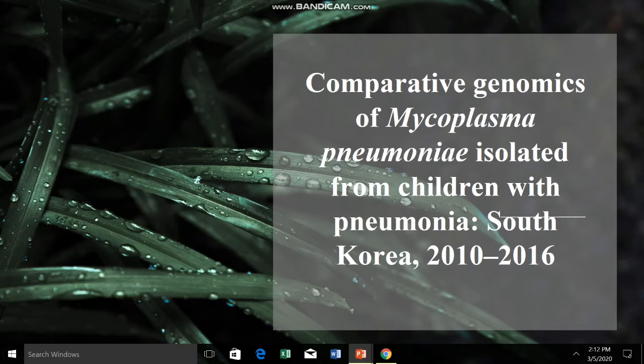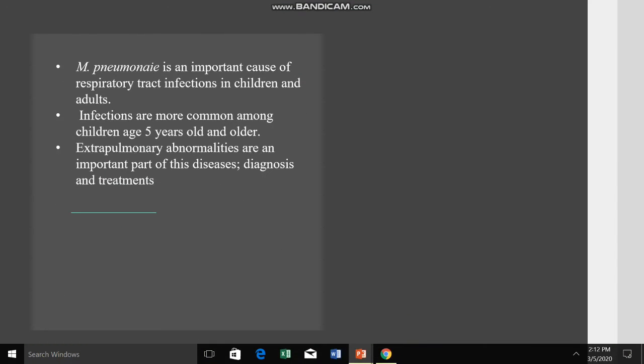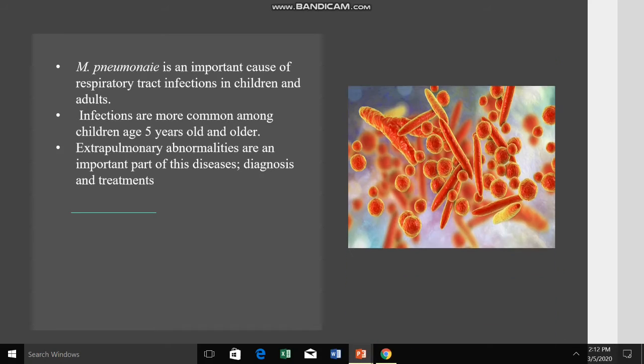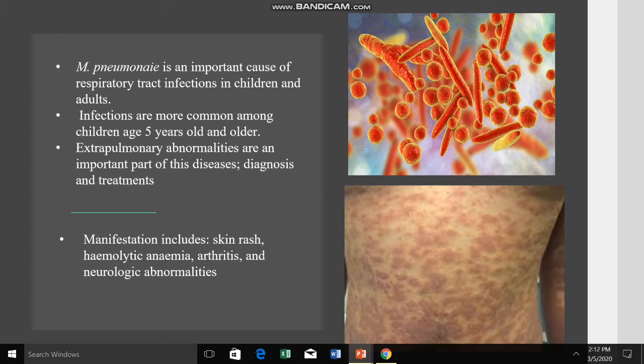My name is Ismail Zulaika, and today I'm going to talk about comparative genomics of Mycoplasma pneumoniae isolated from children with pneumonia. So, for the introduction, pneumonia is an important cause of respiratory tract infections in children and adults. This is a picture of pneumonia, and this is also one of the manifestations that is included, which is